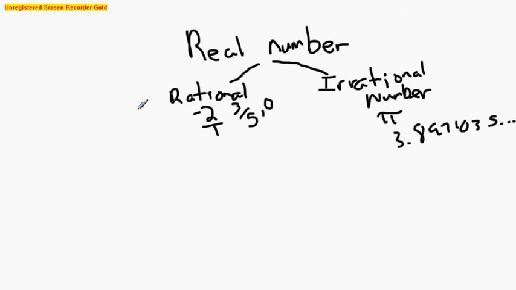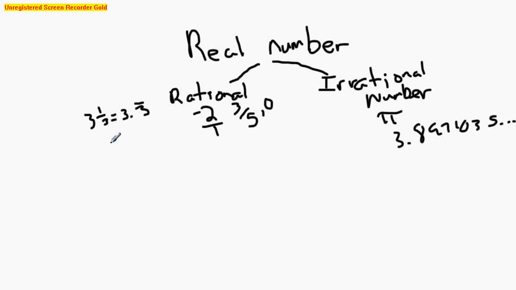One that's kind of tricky. If you had something like 3.3 and we put a bar over it, so 3.3 with the bar over the top, that means 3.3333, right? And on forever. You say, well, why isn't that an irrational number, right? It's a decimal that goes on forever, like over here. That should be an irrational number. The reason something like this, when you have a repeating decimal, is a rational number, not an irrational number, is because you can write that as a fraction. The way you would write that as a fraction is like this: